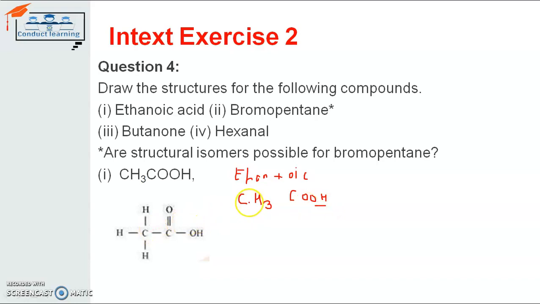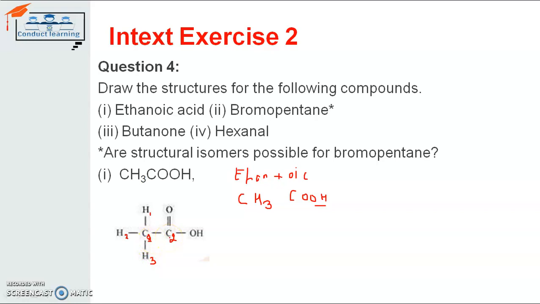Here, because in an ethane compound there are 2 carbon atoms only, the number of carbon atoms in ethanoic acid will be 2. So accordingly the 2 carbon atoms, C1 and C2, are there. This first C1 will share its 4 electrons, where it will share its first electron with this H1, the second electron with this H2 and the third electron with H3, and leave 1 electron for C2.